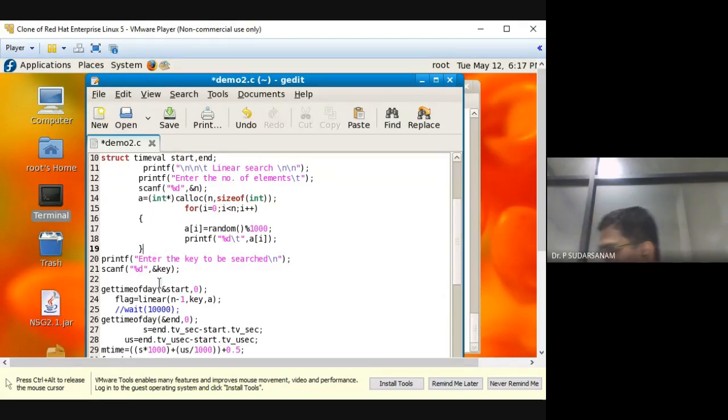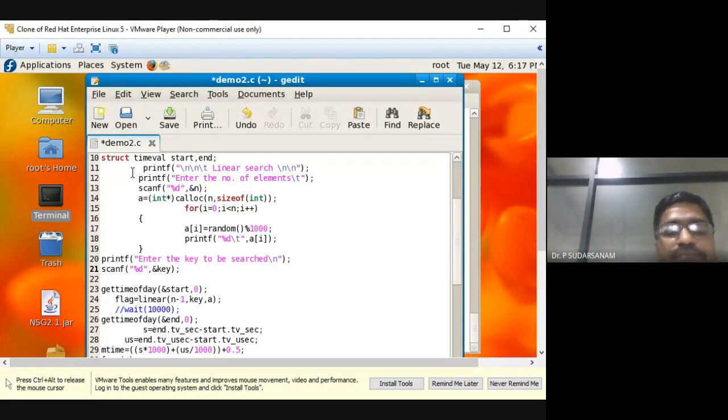Once you have stored them, you take one element and check whether that particular element is available or not in that list or array. So that's what you need to do. Enter the key element to be searched, and scanf address location of key. Any doubt up to here from the beginning, other than the struct time value start and end?